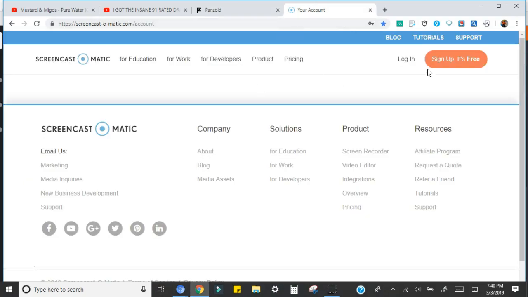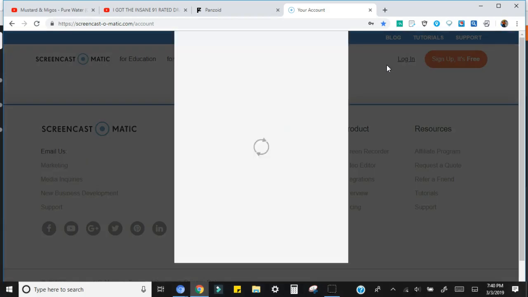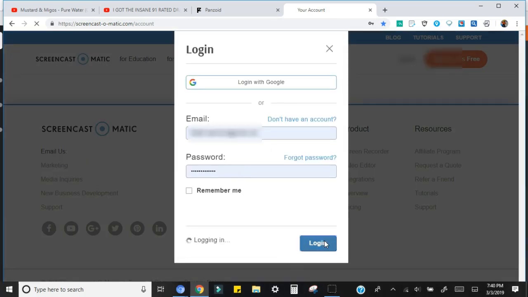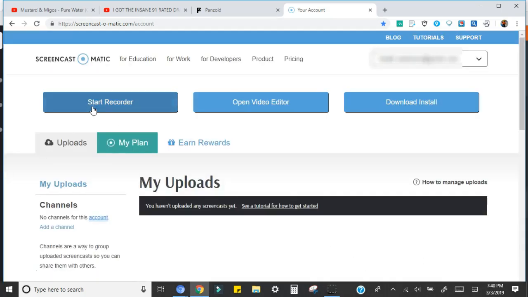Then you got Screencast-O-Matic. You want to log in, and then this will show up or pop up, whatever you want to say. And then you hit start recorder, and this is what I'm recording on right now. You can open up the video editor, and then if you have the regular one right now,